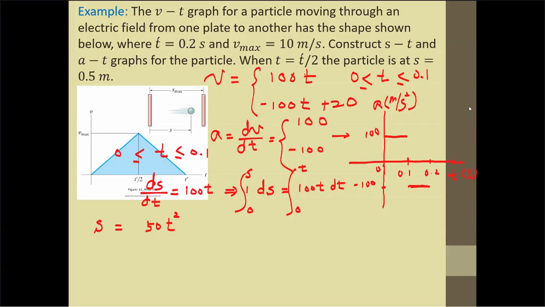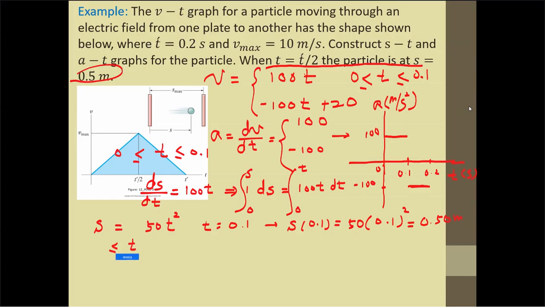Okay, then when time is 0.1 seconds, what is S? S of 0.1 is 50 times 0.1 squared, right? 0.1 squared is 0.01 times 50, that is 0.5 meter. See, look at that. It's perfectly matched, right? When time is 0.1 seconds, S is 0.5. Yes, perfectly matched. So now, the second time interval,